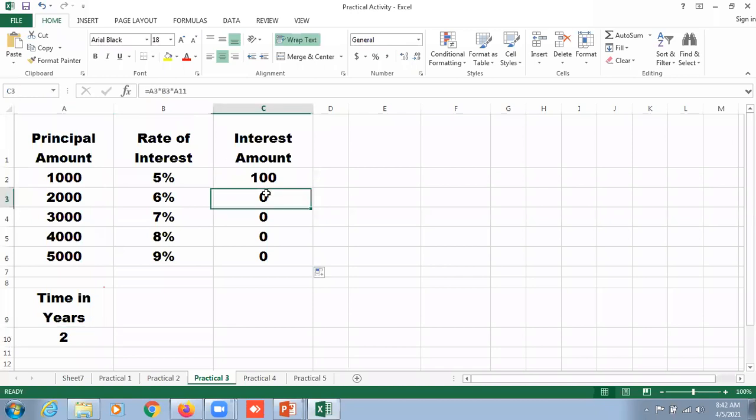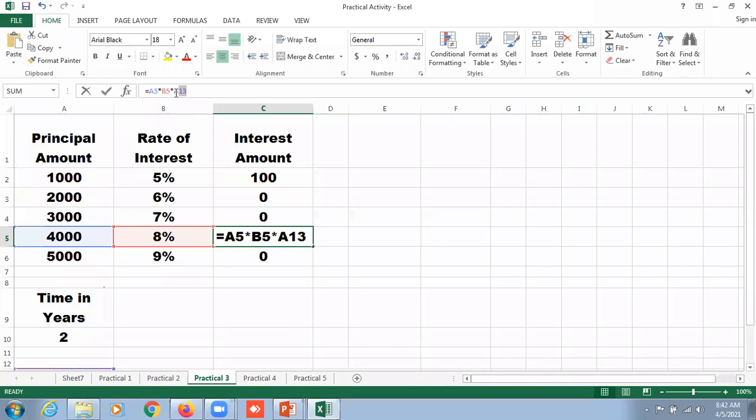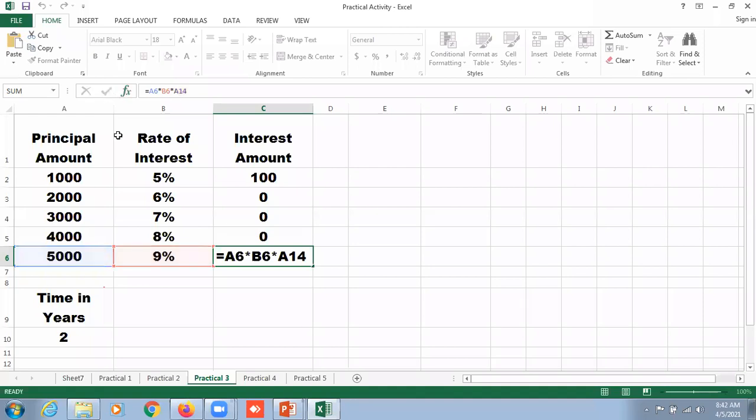But when we drag towards the downside, this time it says A11, which is not correct. This time it displays A12, which is again not correct. This time A13, which is not correct. Again, this time A14, which is not correct, because we required a constant address, which is not supposed to be changed.